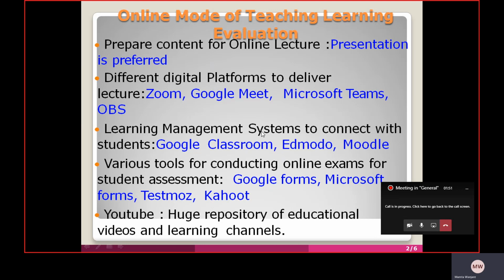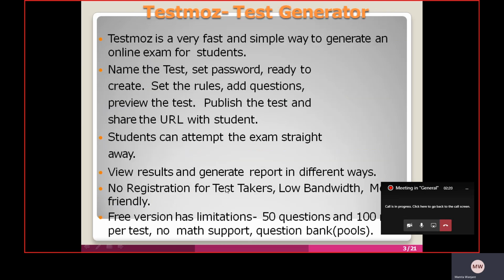Then for learning management systems to connect with students, Google Classroom, Edmodo and Moodle are there. Then various tools for conducting online exams for student assessment: Google Forms, Microsoft Forms, TestMoose and Kahoot are available. YouTube is also used as a repository of educational videos and learning channels.